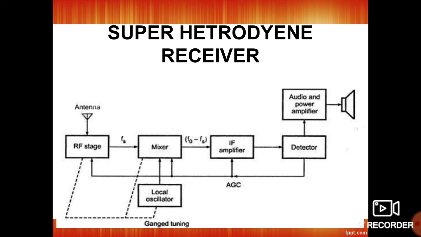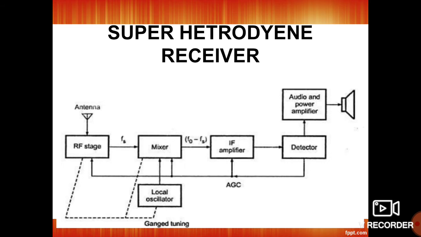To select a particular station, the local oscillator frequency FO is changed in such a way that the difference between Fs of the station and FO is equal to the IF. Thus, whichever station is being tuned, the IF is fixed, so that frequency is maintained at a fixed value. This was the main drawback we faced in the tuned radio frequency receiver. In the tuned radio frequency receiver, the frequency range varies, but here the range is fixed. Thus, IF amplifiers and the detector operate at a single frequency, that is, the intermediate frequency. Hence, the bandwidth of the IF amplifier is relatively narrow.